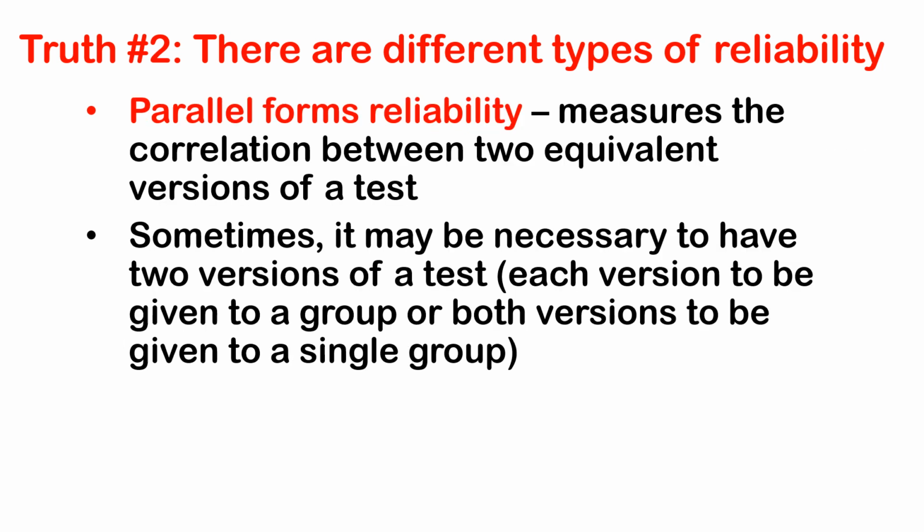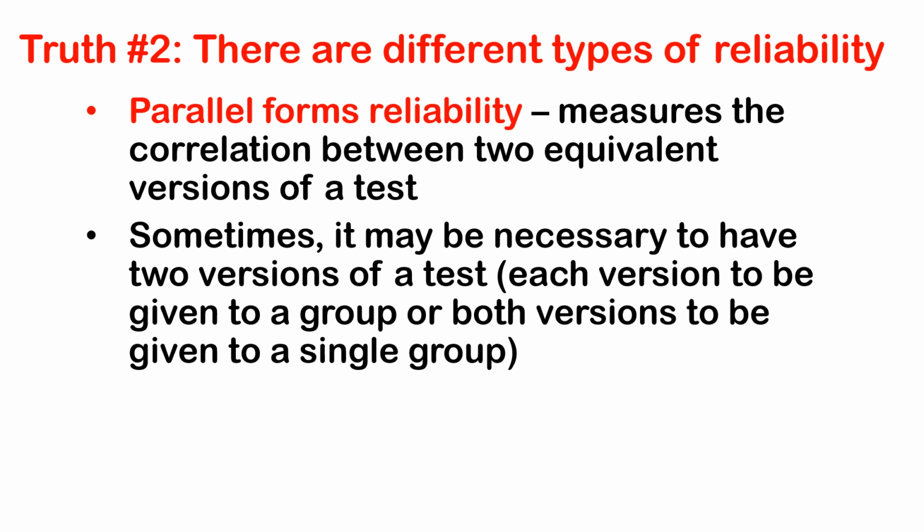Another type of reliability is parallel forms reliability. It measures the correlation between two equivalent versions of a test. So a test measures one construct, the other test measures the same construct, but there are different items, but they are equivalent versions. So sometimes it may be necessary to have two versions of a test, each version to be given to a group, such as, for example, Group 1 or Section 1 will have Set A of an